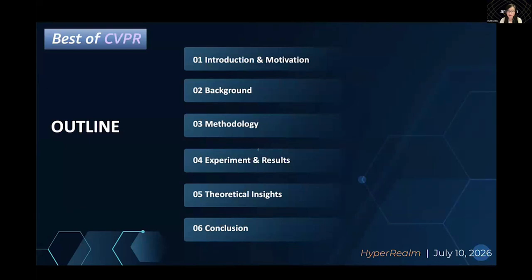And here is our journey for this talk. We'll start with the core problem, why standard vision language models struggle with hierarchical data. Then I will give you an intuitive understanding of hyperbolic geometry before diving into our methodology. We'll examine comprehensive experimental results across 18 datasets, explore some fascinating theoretical insights, and conclude with real-world impact.